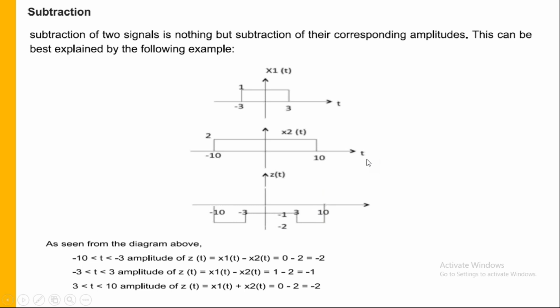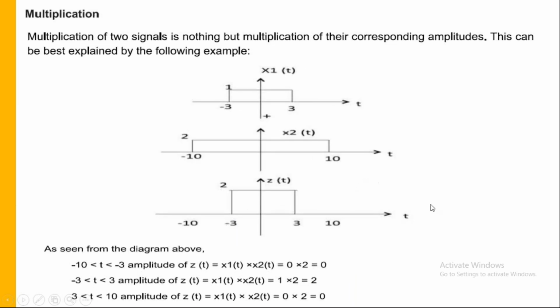Don't worry, we'll have the software tool, Scilab. You can take this function, we'll write a code there, and you can understand all this. I'll show you that in the next class. So that is how you can do this subtraction also. And we have this graph, where z of t is nothing but x1 of t minus x2 of t. Now we can also do multiplication.